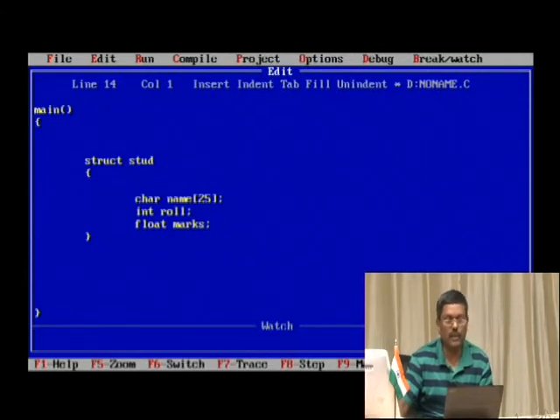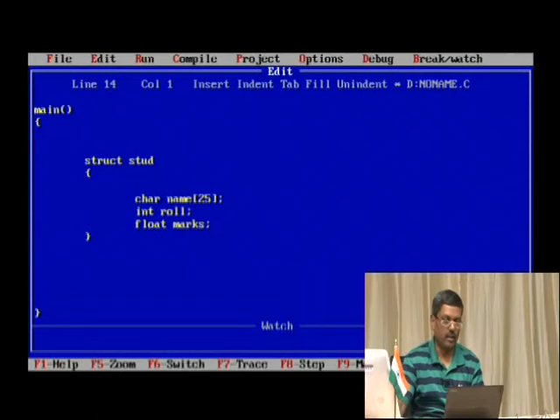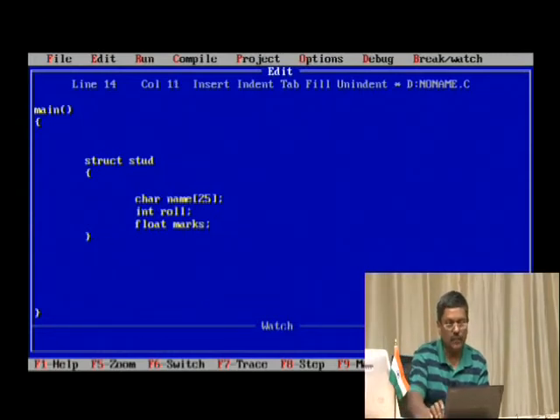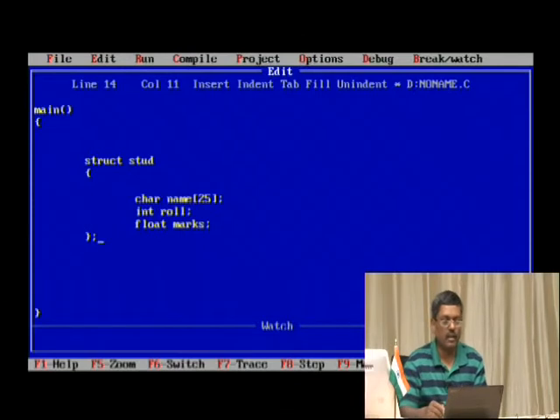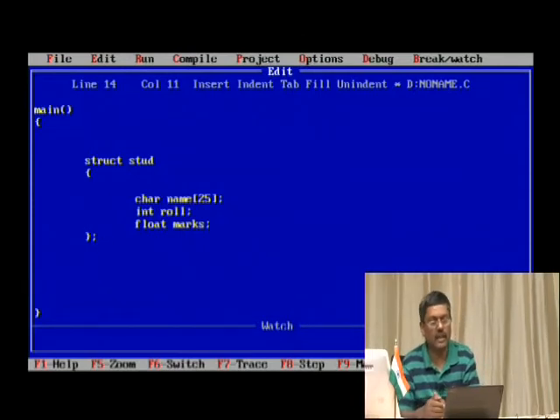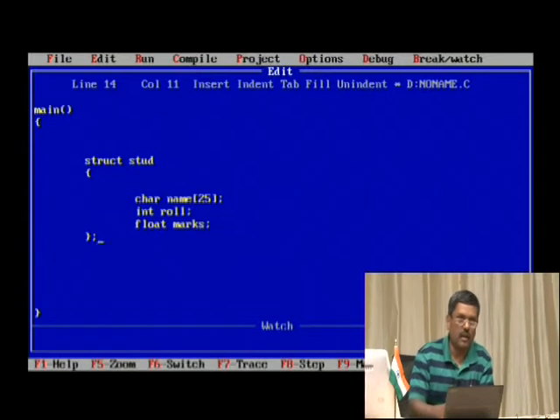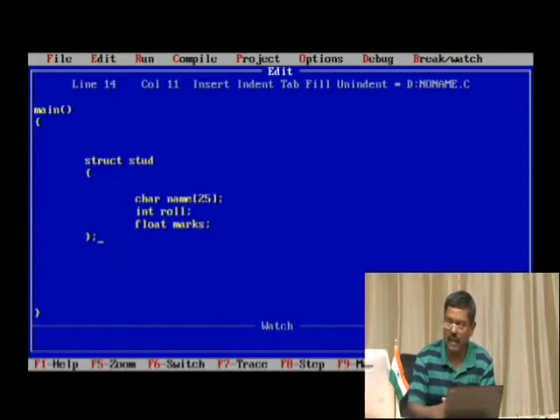Student is the name of the structure here. At the end of the body, you have to put a semicolon. That takes you to the end. This is only a structure we are defining. We have not yet defined any variable related to it. Whenever the variable is not there, no memory allocation is done for this kind of declaration. This is only how to declare a structure.